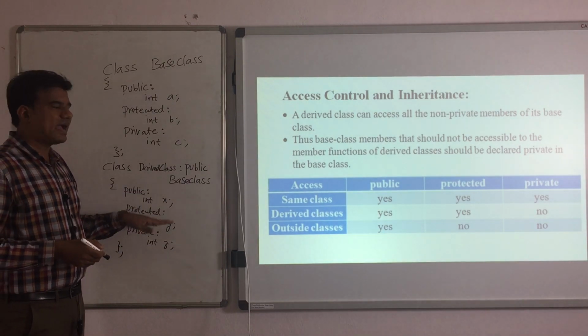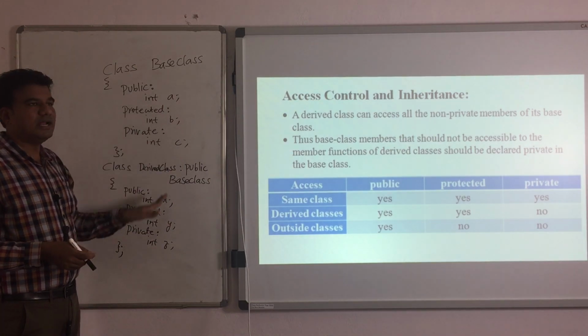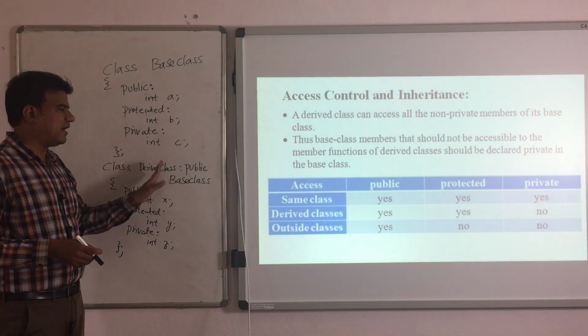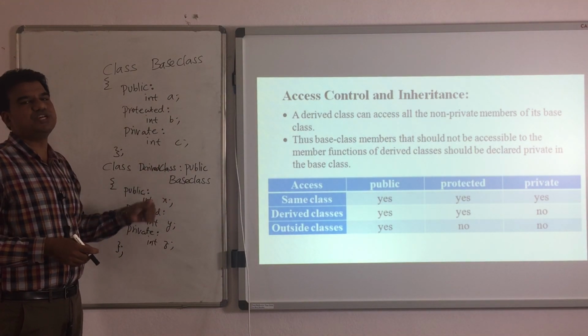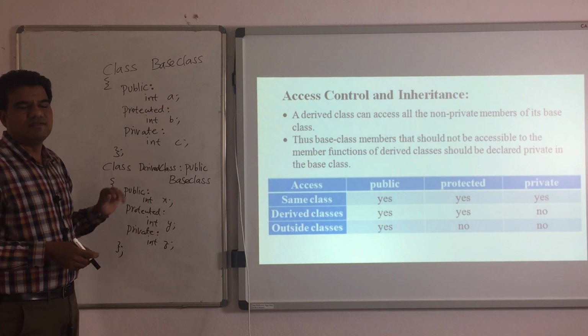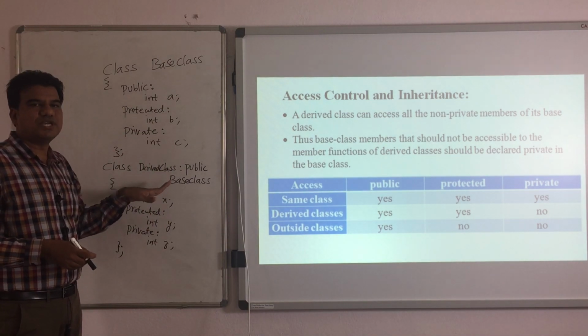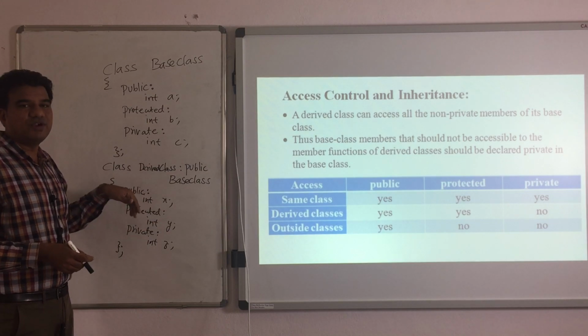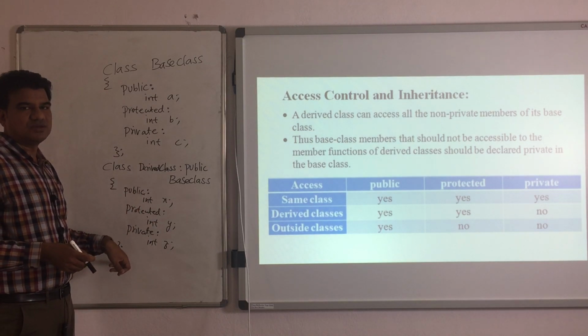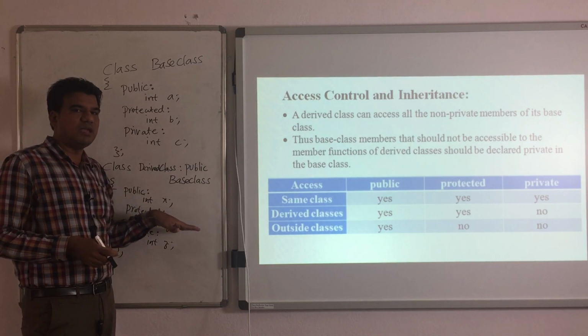In order to access the data members, we have to create the suitable objects of these classes, which we do inside the main function.